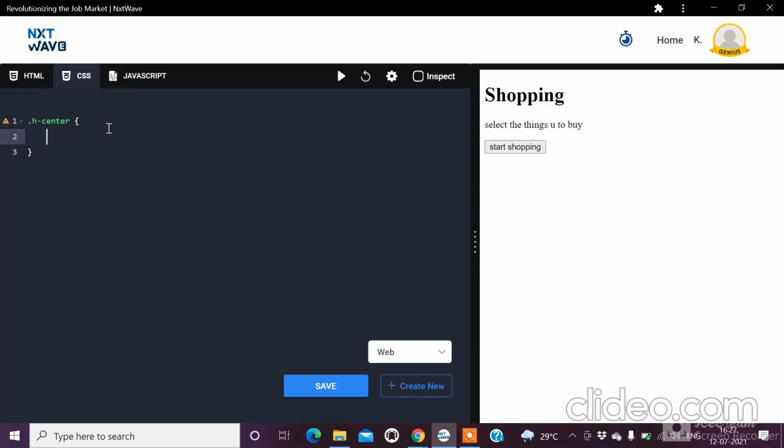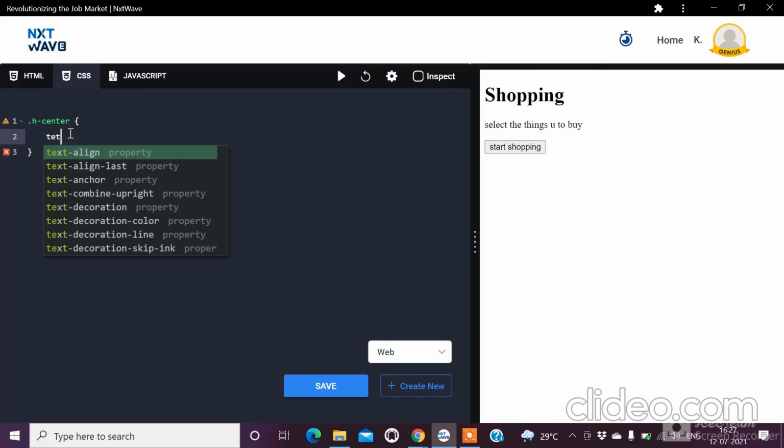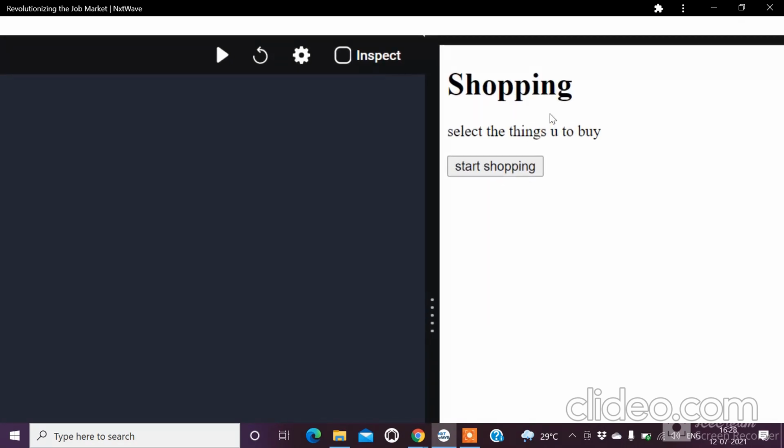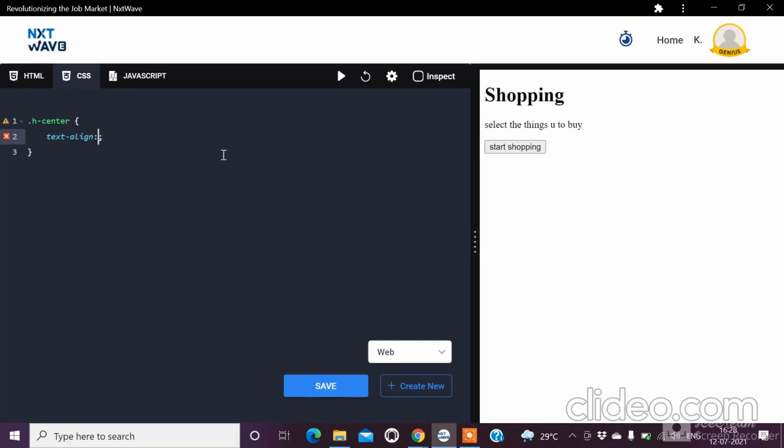And next we have to arrange this in the middle, in the center. For that, text-align. Okay, text-align is the property. This is the property in the CSS rule. First we have to keep a colon, and at the end a semicolon. Okay, text-align. Where we want the image to be represented, in the middle. So center. Nothing but center.